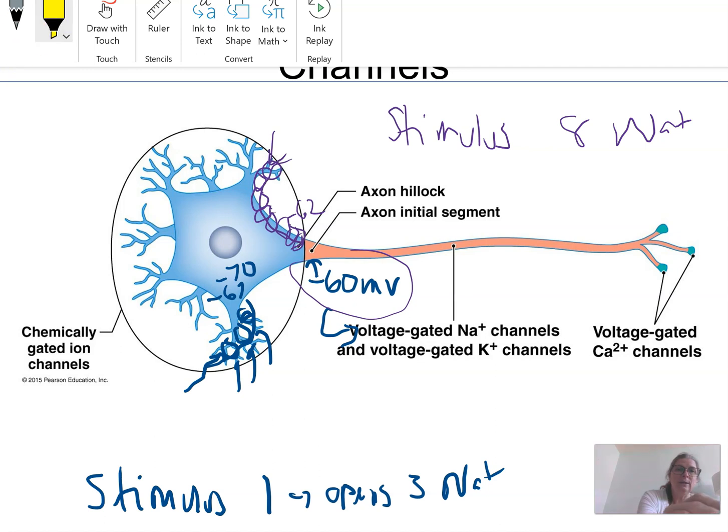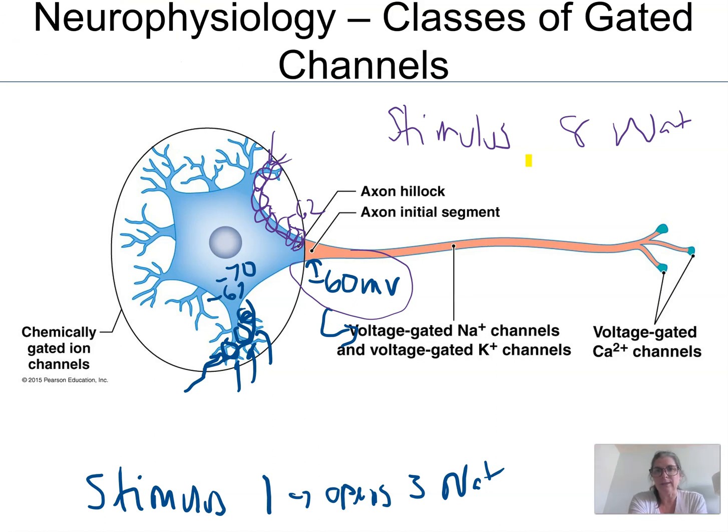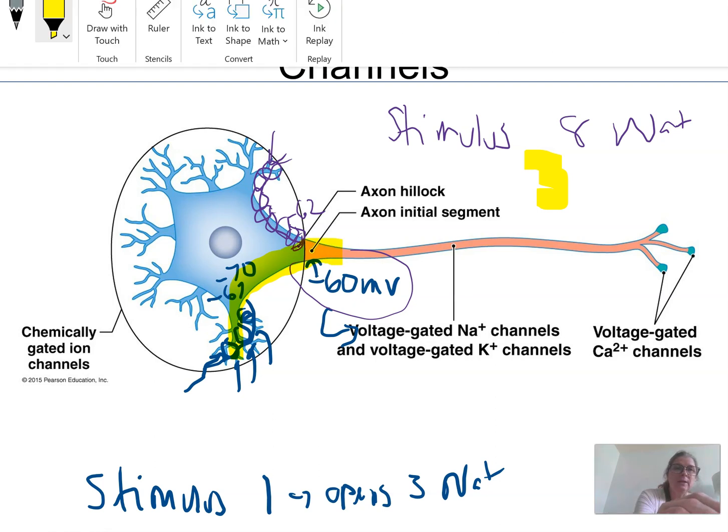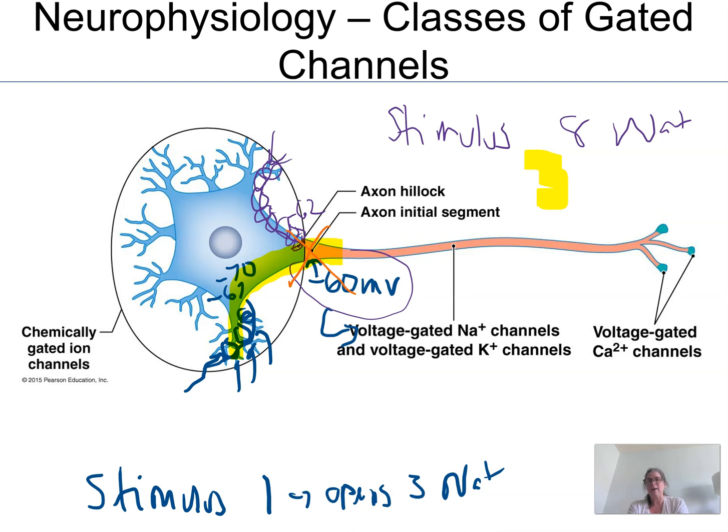All right, well now let's say that we're going to have stimulus 3. I'm going to use a highlighter here so you can see it. And let's say that that opens up 10 gates. So we're going to apply that stimulus here, and notice we go 1, 2, 3, 4, 5, and I get all the way here, and I opened up 10 channels because it was a stronger stimulus. Well, if I open up those 10 channels, and now it hits right there at minus 60, now boom, I get an action potential. So they're called graded because they're dependent on the stimulus strength.